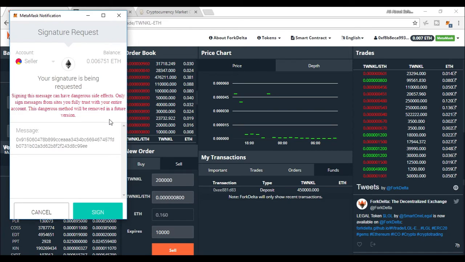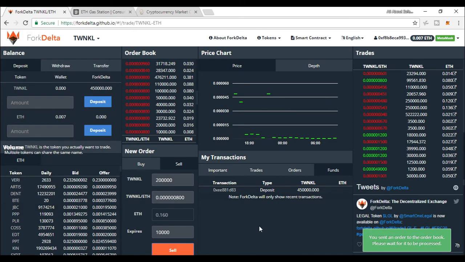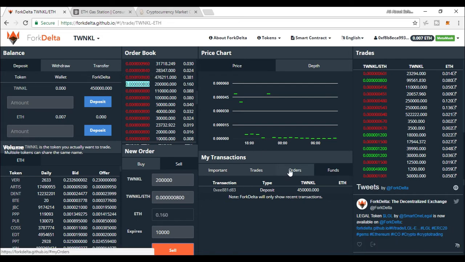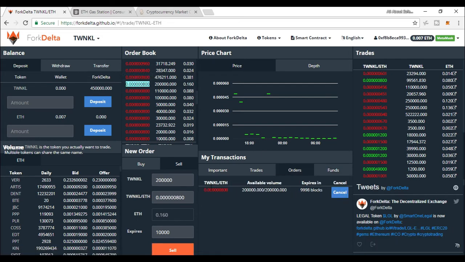While trading at ForkDelta, you can ignore this warning from MetaMask. MetaMask suddenly came up with this warning, and ForkDelta is working on an alternative to not get this message. Go ahead and sign the transaction. As placing a new order is free, no blockchain transaction is created. We see our order in the order book in a different color. Our order is also in the Orders tab, where there is an option to cancel the order if needed by paying a network fee.